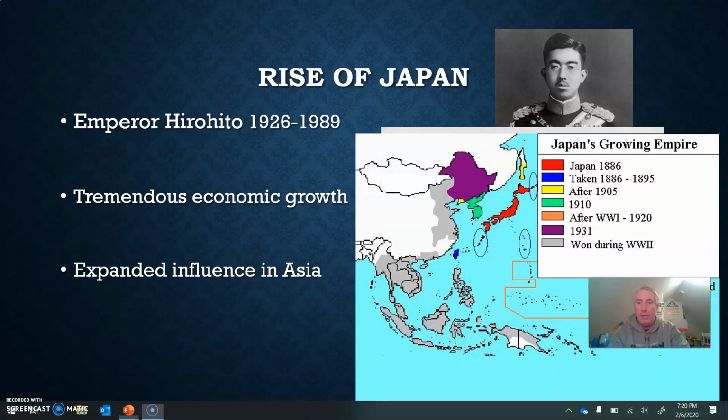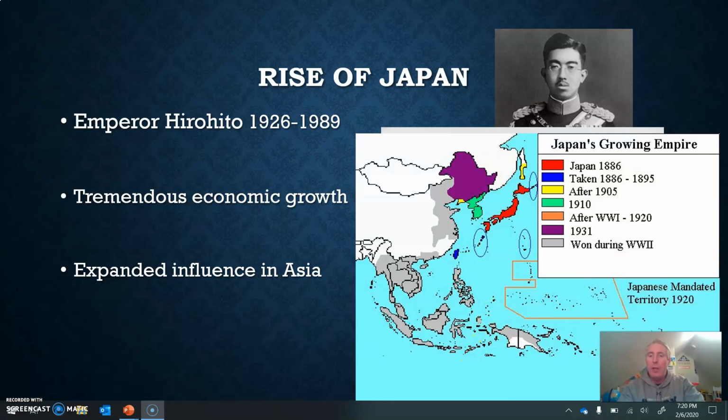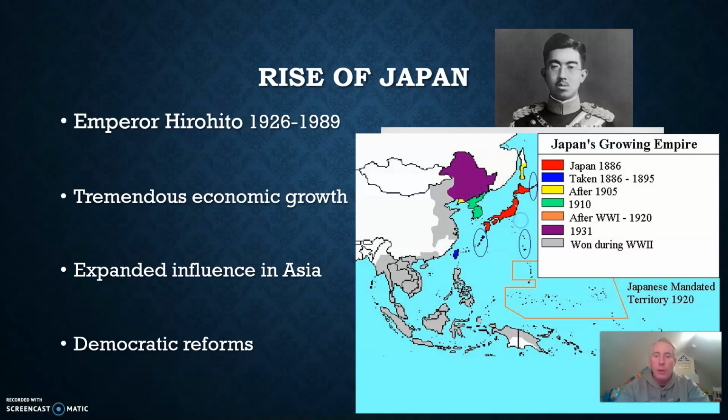Let me take myself down. All right, don't worry about the green during World War II because we're not up to that yet. But you see here you've got the Japanese islands. In the red, you've got the Japanese islands, and then you see how quickly it expanded. Right, 1931, Manchuria. That's going to be a very important thing we're going to be talking about later. But it started to really go through a lot of these small little islands. But this peninsula here, that green peninsula, is Korea, and that's going to be very important.